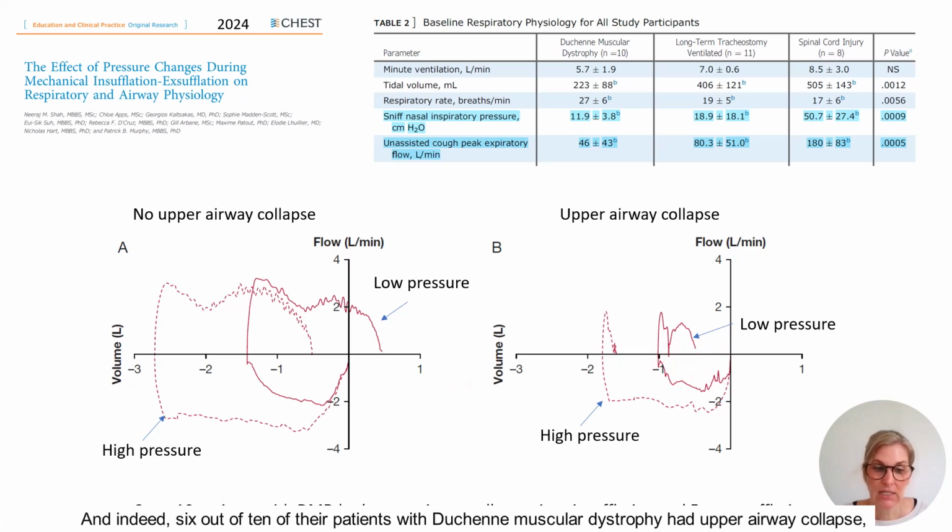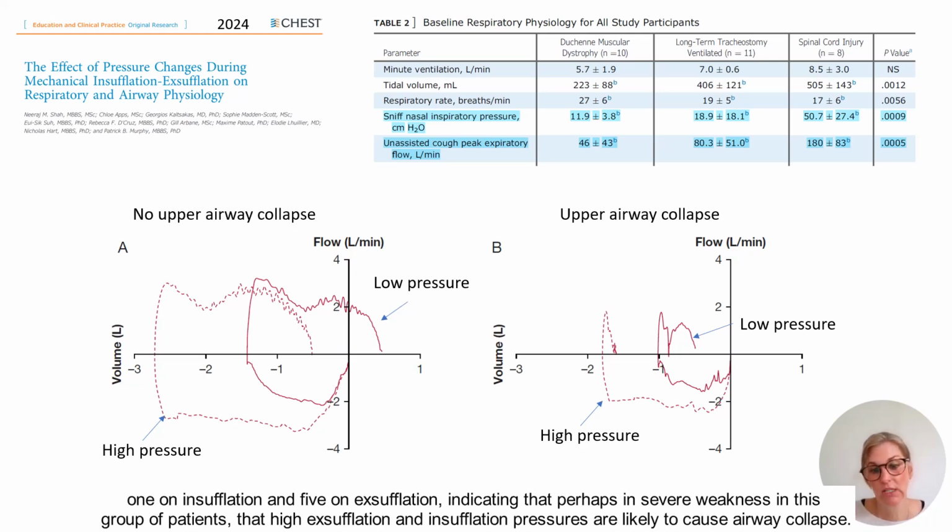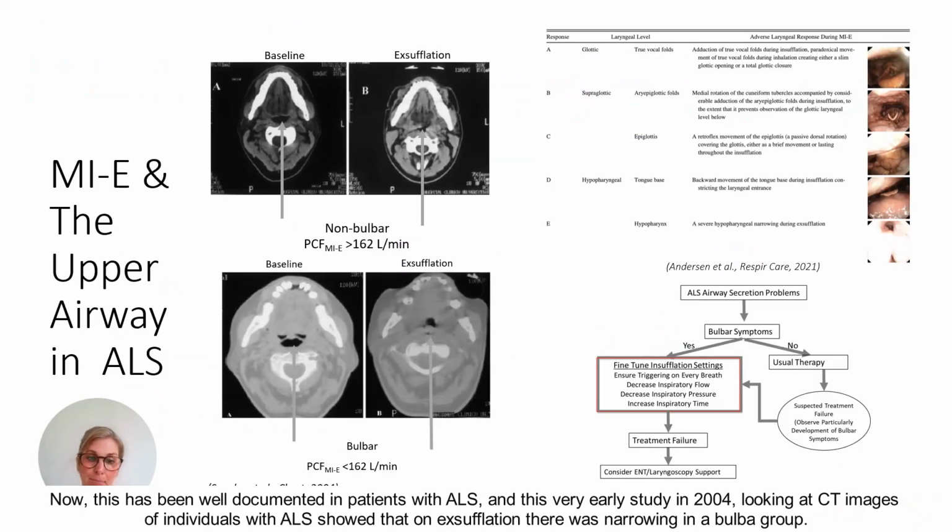And indeed, 6 out of 10 of their patients with Duchenne muscular dystrophy had upper airway collapse, 1 on insufflation and 5 on exsufflation, indicating that perhaps in severe weakness in this group of patients, high exsufflation and insufflation pressures are likely to cause airway collapse. Now, this has been well documented in patients with ALS, and this very early study in 2004 looking at CT